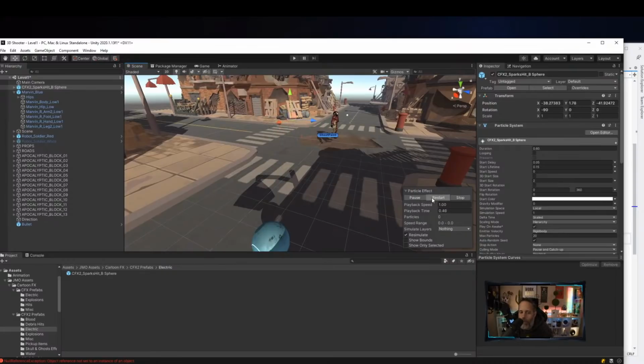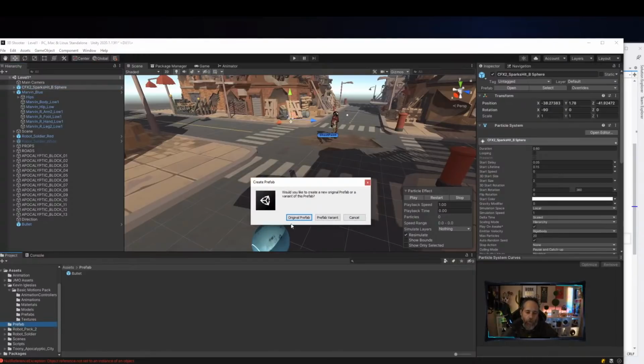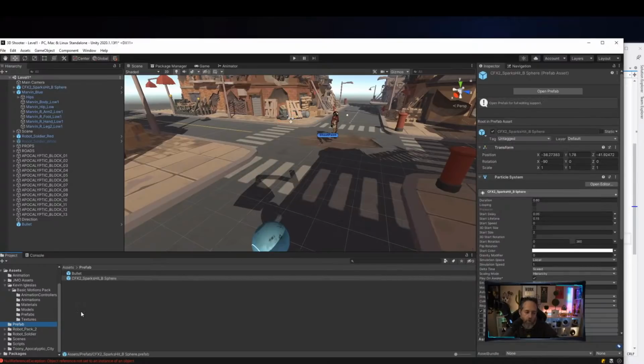Maybe I'll do that. I'll make it so they can take a couple hits and I'll make them play this spark each time. And then when they die, they'll play another one. So I'm gonna use this spark as the hit impact. I'm actually just gonna make a new prefab out of it. I'm gonna take this particle effect prefab, drag it into prefabs, and make it an original prefab. And I'm gonna call this